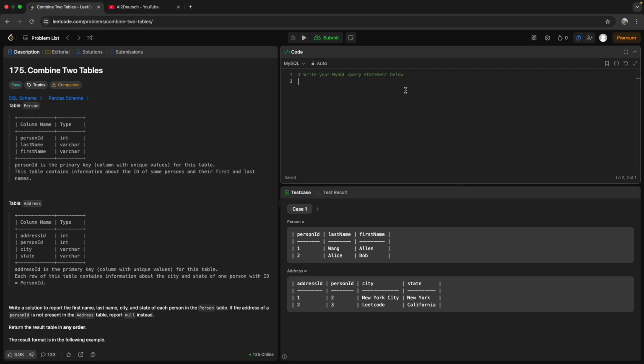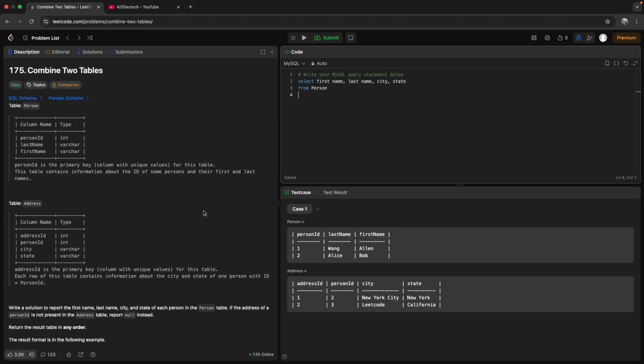yeah, it looks pretty simple here. So we have this person ID and person ID here, right? So whenever we want to combine, okay, so the columns which we want in our output, two columns are here, two columns are here, so definitely we have to combine these two, right? So we can select whatever columns they are asking. So they want first name, last name, city and state. And from the person table, now